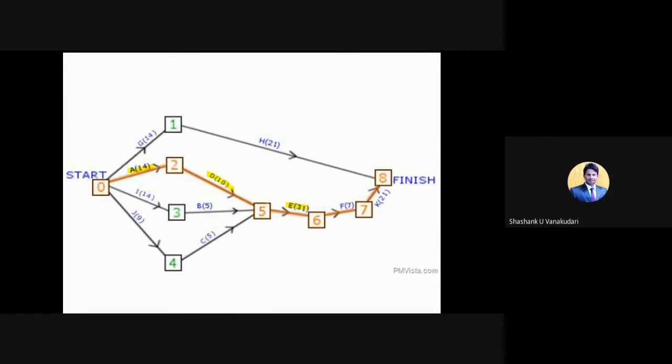And one more question I will ask. For E activity, which are the predecessor activities? D, B, C. Very good. Here there are three activities, because E activity has to start by finishing these three, right? So for E activity there are three predecessor activities, and similarly